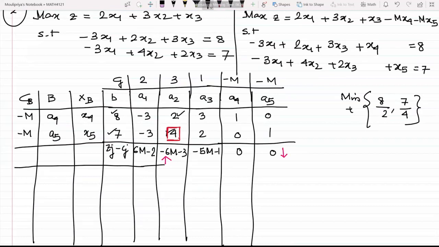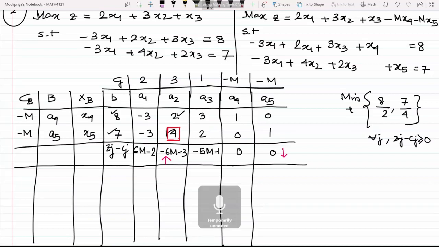That's good. So now we are certain that we have not reached the condition for optimality yet. So we need to construct the simplex table again. And as I told you, the stopping condition is for all j, zj minus cj greater than or equal to 0, which is the stopping condition for the simplex algorithm to come to an end. We would be writing which elements of the row first? The first row or the second row?